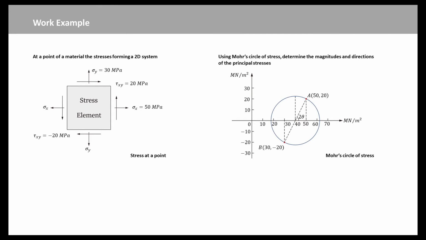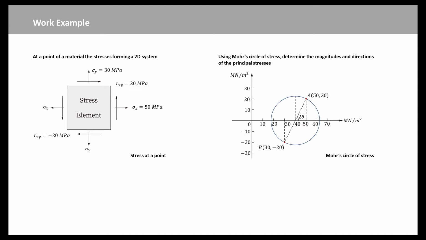Sigma x equal to 50 MPa, sigma y equal to 30 MPa, tau xy equal to 20 MPa. Using Mohr circle of stress, determine the magnitudes and the directions of the principal stresses, and also determine the value of the maximum shear stress. From this plot, the shear stresses acting in conjunction with sigma x are counterclockwise, so tau xy is said